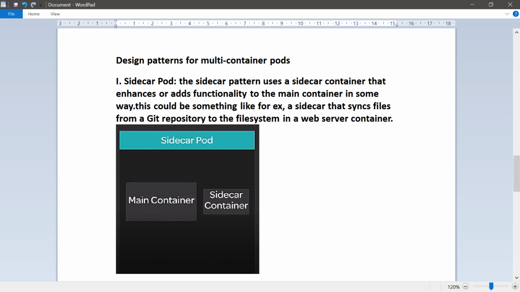You can have a web server serving static files, and a sidecar that, say every 2 minutes, checks whether the files have been updated, pulls in the new files and pushes them into the file system of the main container, so they are automatically updated without even having to restart or redeploy that container.